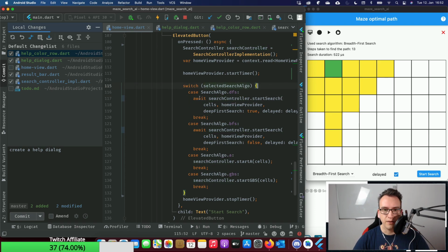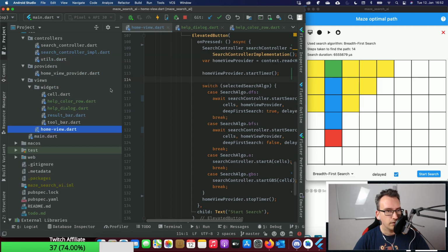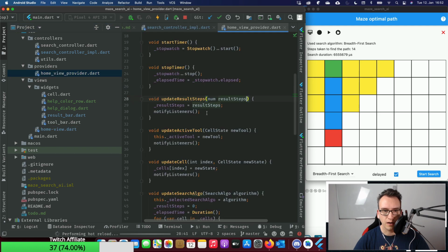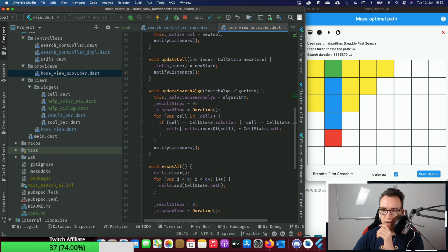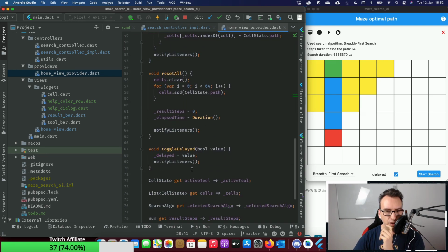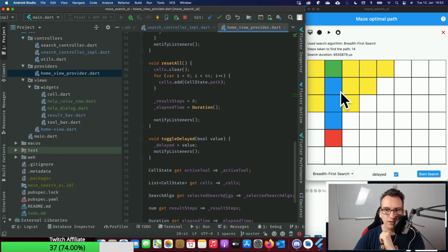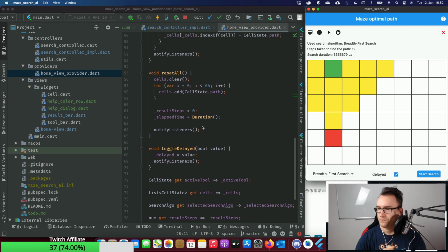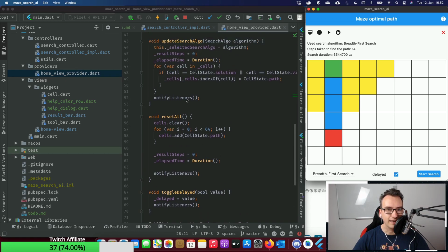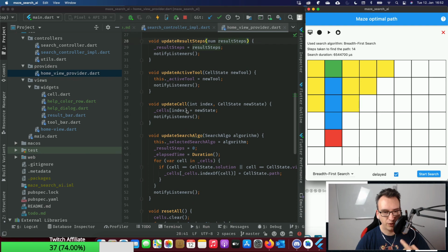Perfect. So another thing that I would like to do, and that is very important, is going to the provider once more, and I think I can do that right away with that push later, because whenever we click start search again, what we do is we override nothing. So you see that everything sticks the same and we do it on top of it, more or less. And I don't really like that. We should remove that.